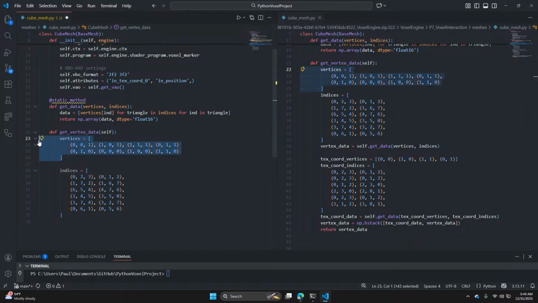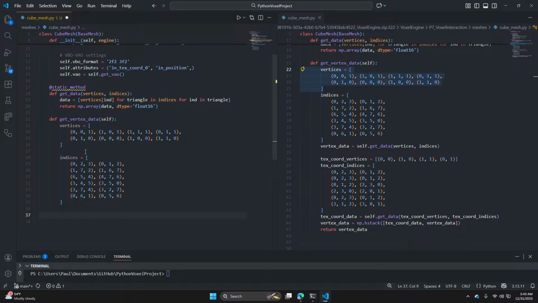Vertices, so we're using 8 vertices with these indices. Not sure what the indices mean. I think the indices mean, oh, okay, there's 7. So I'm guessing this is to make the texture coordinates. Texture coordinate vertices. Never mind.